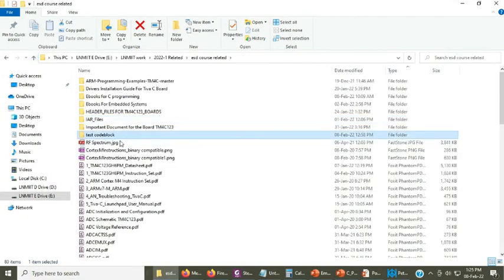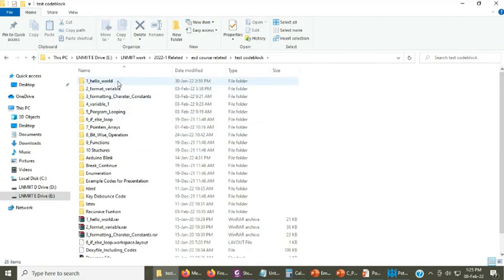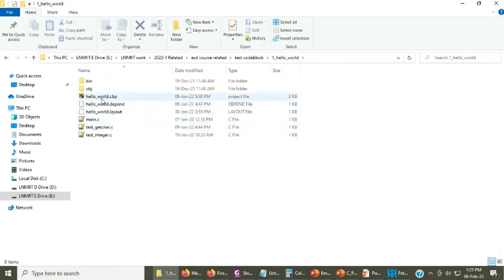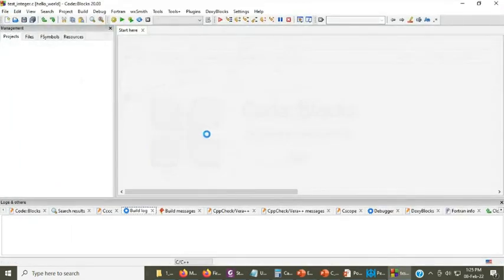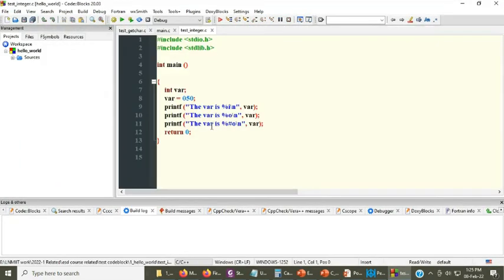For example, here we have the test code. Even when we write a simple program, for example, this hello world program. This is the workspace, and let the workspace get loaded. I believe you can see this code, right?